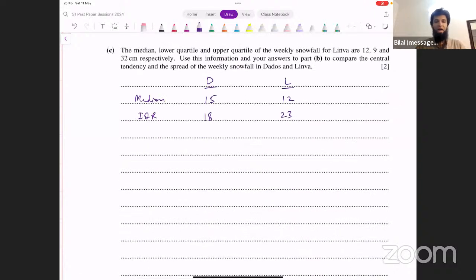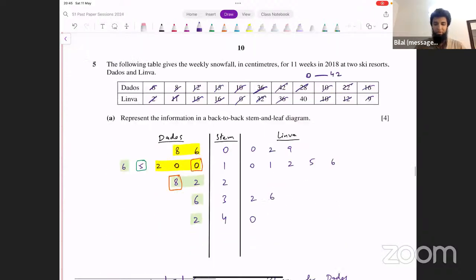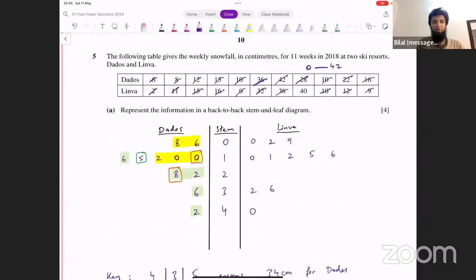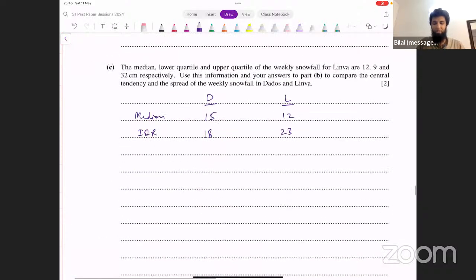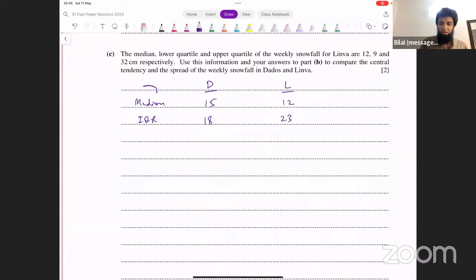But what is it? How does it relate to the data that is given? The data is about weekly snowfall for 11 weeks. Okay, at both of these results. You would say median represents an average number. So on average, central tendency measures, mean, median, mode, they represent an average. You would say on average, weekly snowfall